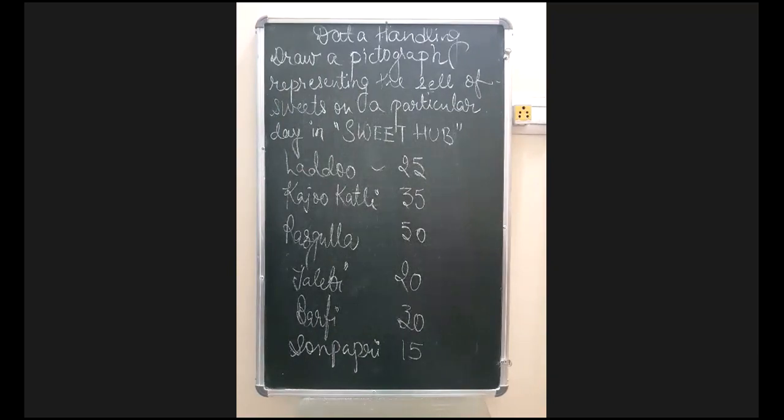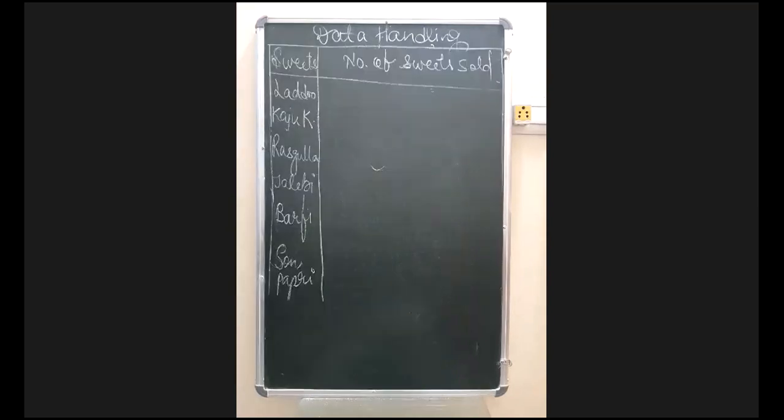In that case, always remember, the data of yesterday was totally whole numbers, like 2 erasers, 2 sharpeners, 2 pastries. But here it's 25, 35, and 15 as well. So remember, we will represent the data in a little different way, everything in the form of pictures. The first heading which I have written is sweets. Another column I am writing is number of sweets sold.